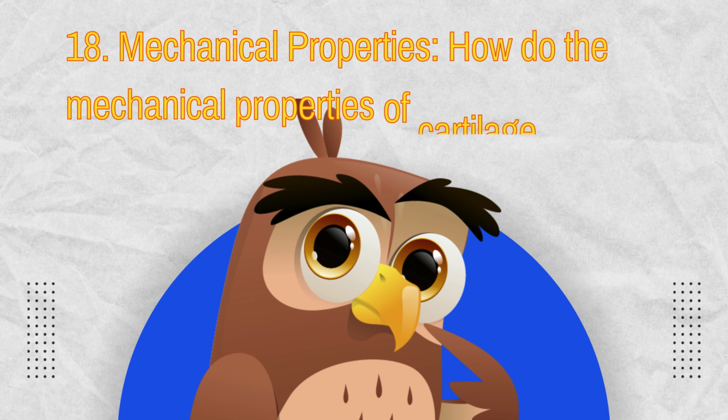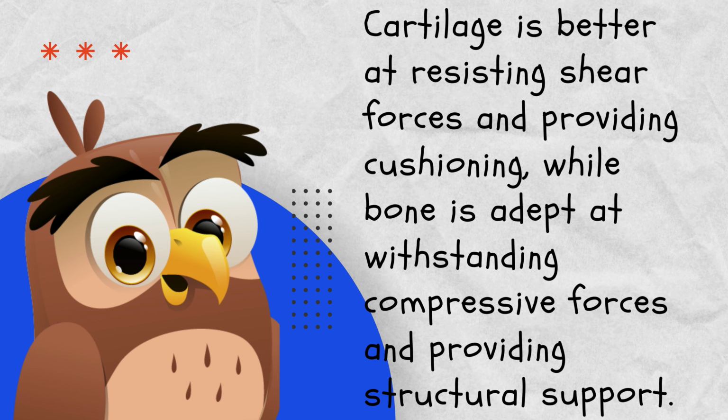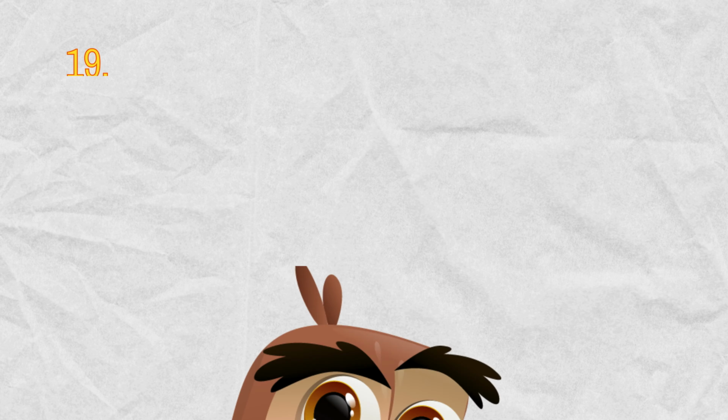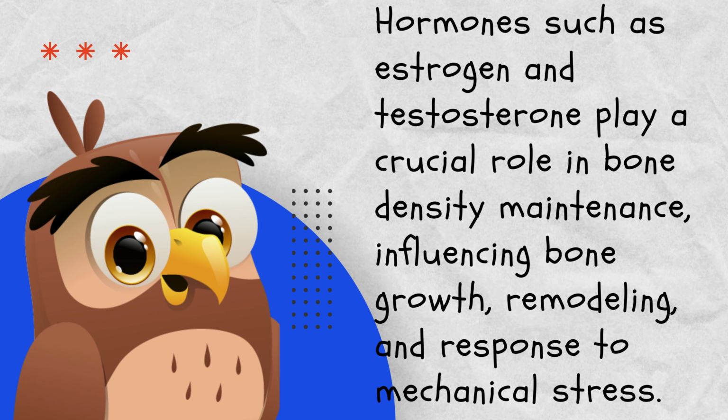18. Mechanical properties. How do the mechanical properties of cartilage and bone differ? Cartilage is better at resisting shear forces and providing cushioning, while bone is adept at withstanding compressive forces and providing structural support. 19. Hormonal influence. How do hormones influence bone tissue? Hormones such as estrogen and testosterone play a crucial role in bone density maintenance, influencing bone growth, remodeling, and response